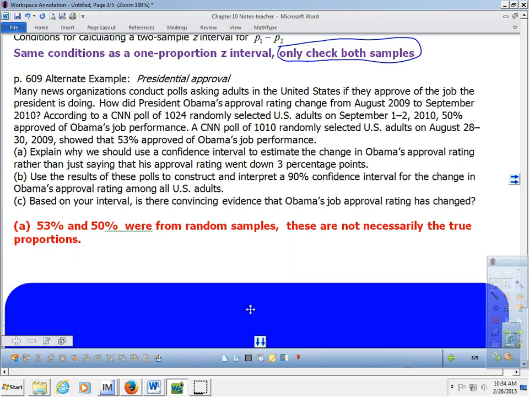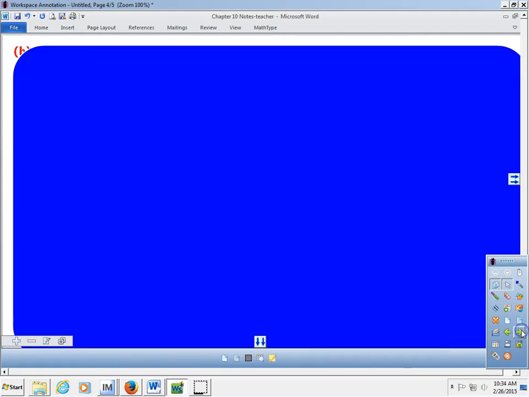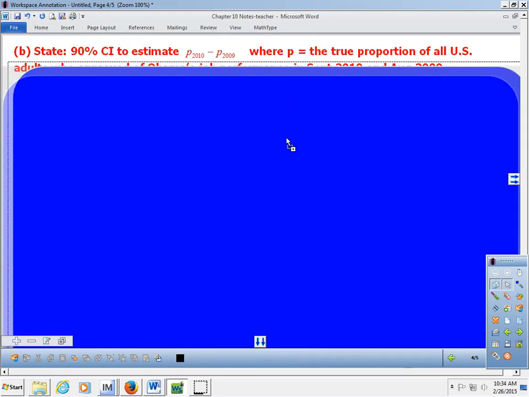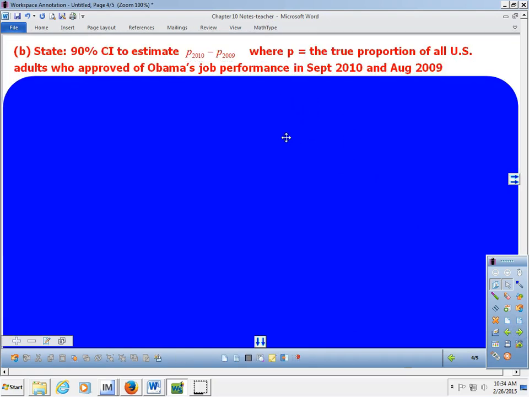And so that's what we're going to do. So part B. Let's go do our confidence interval, right? And again, in the form of our state, plan, do, conclude. State first. What is it that we're trying to do? We're going to create a 90% confidence interval to estimate